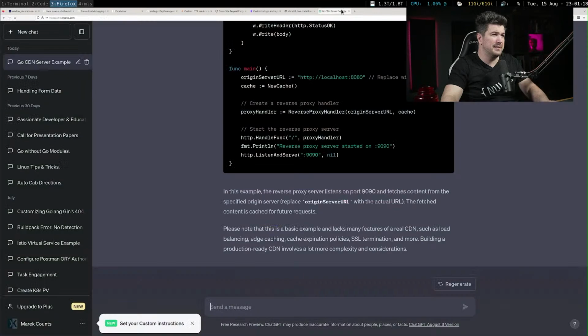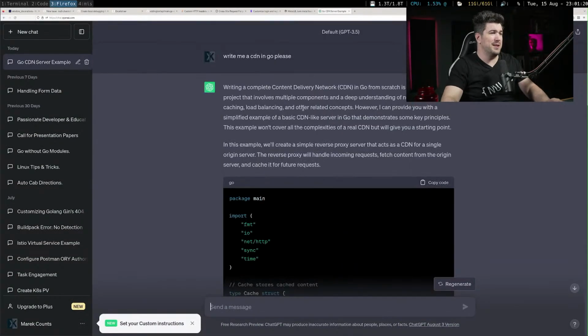Writing a complete content delivery network in Go from scratch is quite an extensive project that involves multiple components and a deep understanding of networking, caching, load balancing, and other related concepts. However, I can provide you with a simple example of a basic CDN-like server in Go that demonstrates some key principles. This example won't cover all the complexity of a real CDN. Come on, I wanted a real CDN. In this example, we'll create a simple reverse proxy server that acts as a CDN for a single origin server. The reverse proxy will handle incoming requests, fetch